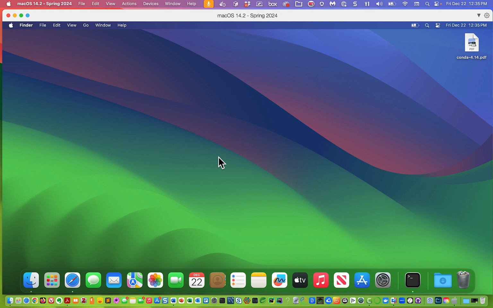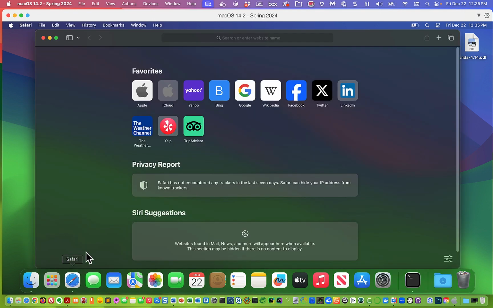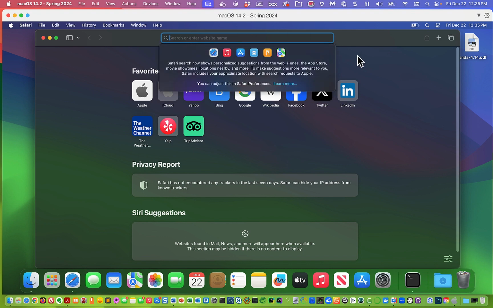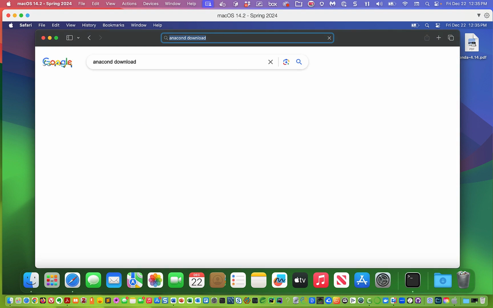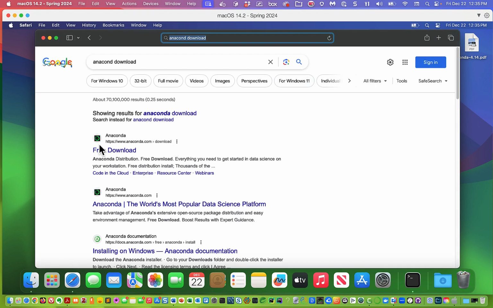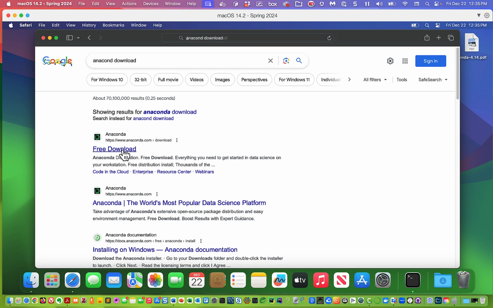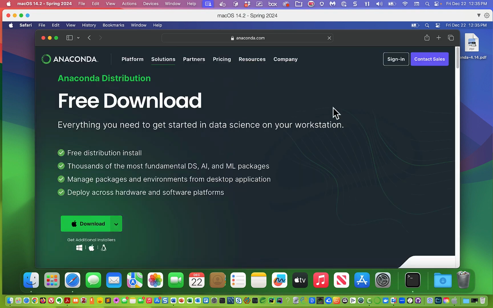Okay. So now we want to download and install Anaconda. So because we're on the Mac, we're going to open Safari. Okay. And let's just do a search. Let's search for Anaconda download. Okay. And it says Anaconda free download. That looks promising. You might not get the exact same thing, but you'll find your way somewhere to the Anaconda